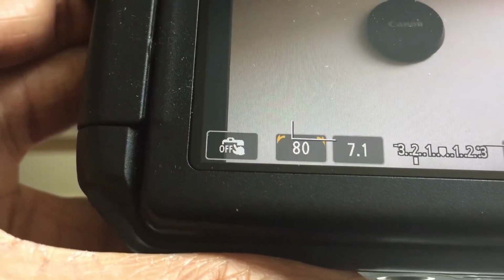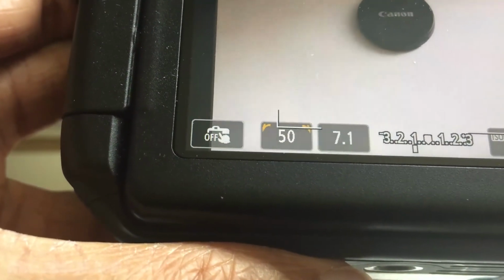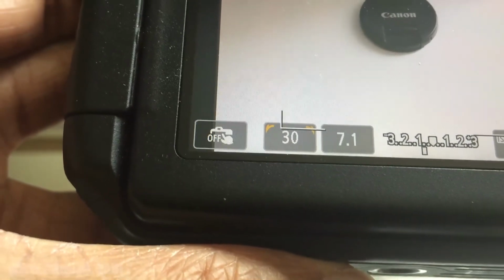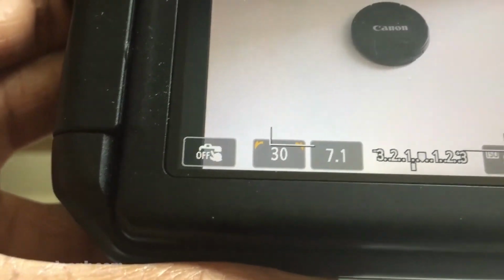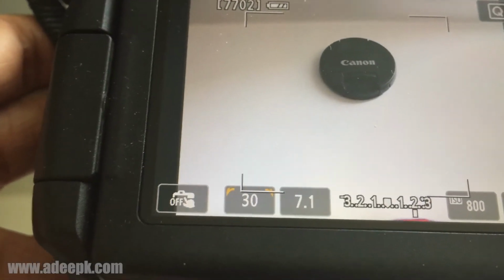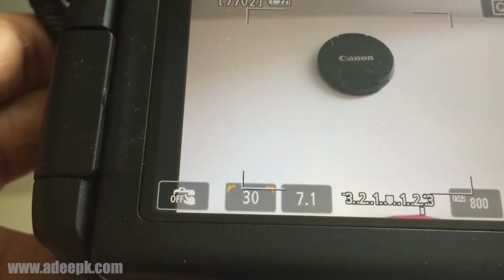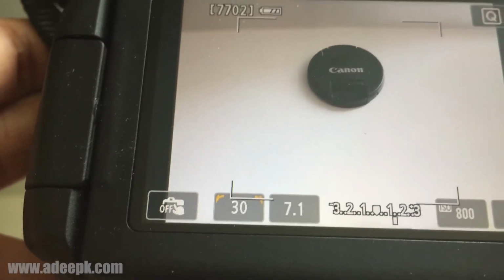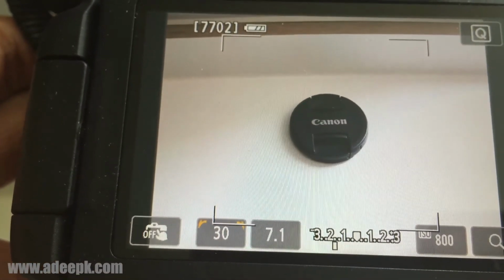So to compensate for that, I have to change the shutter speed. So if you are increasing one, you have to decrease the other. That is what is meant by the exposure triangle. So try doing this and taking some photos to learn how to take pictures manually.